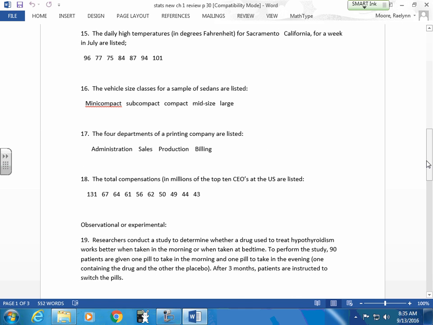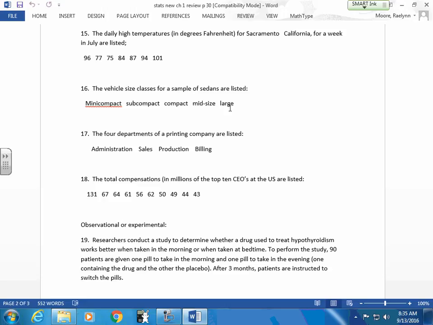What are these? Ordinal. They are nominal because they have names, but they have some kind of order to them. Sure. Very, very small, a little smaller, a little bit bigger, a little bit bigger than mid-size to large. Is there an order to that? If they were not in that order, it would have to be nominal. Yes, because then order is